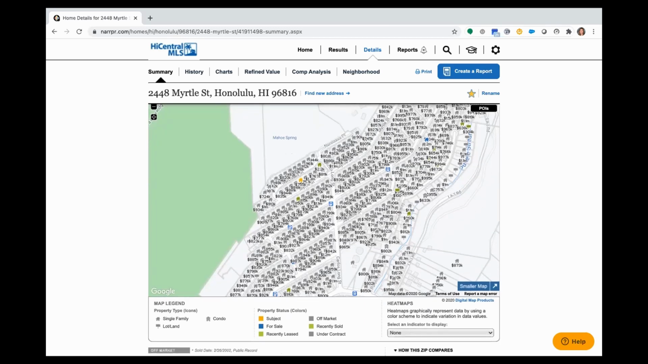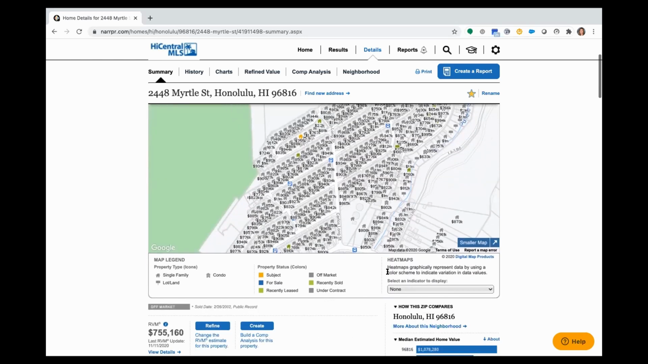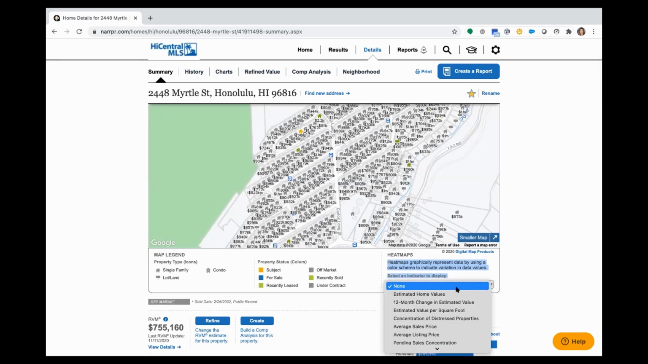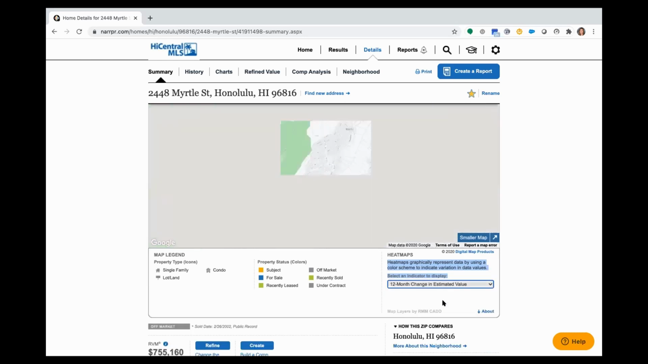Then I like to come down to the lower right hand side of my map, and you're going to see our heat maps. Heat maps will allow you to overlay heating and cooling color schemes on the map to see what's going on with market data. So I like to come in here if you want to see that 12-month change in estimated property value. It looks like my